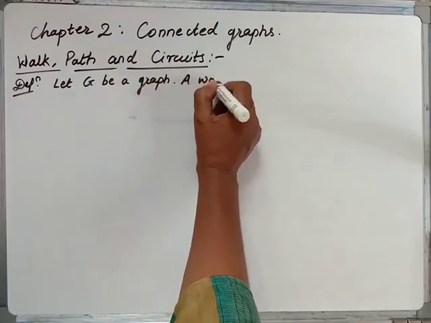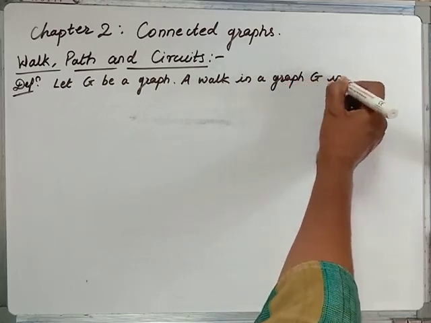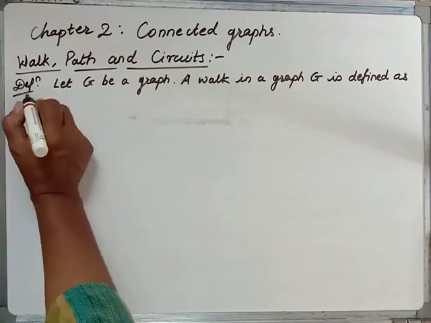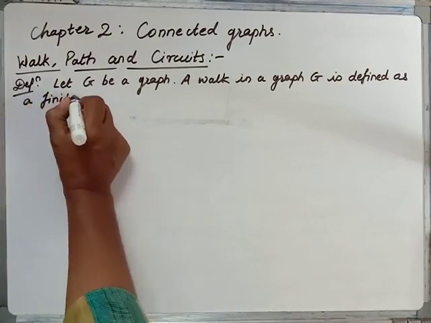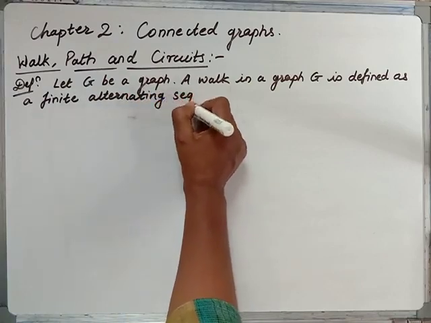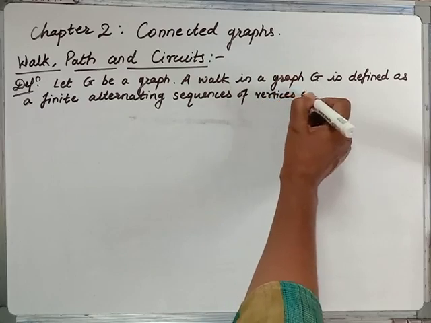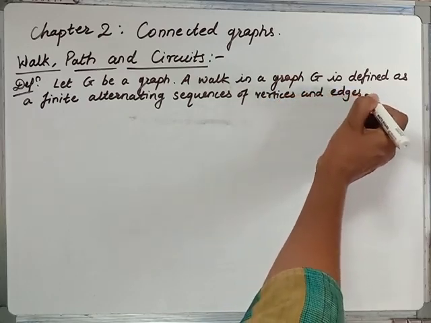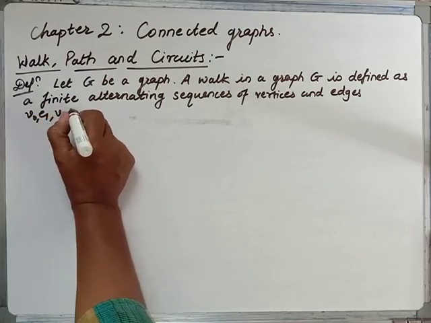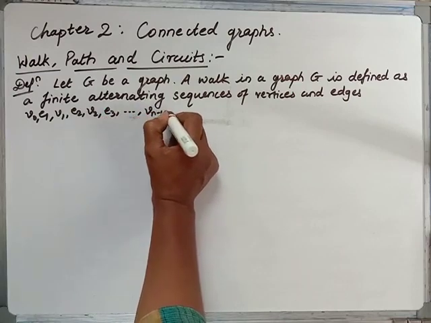A walk in a graph G is defined as a finite alternating sequence of vertices and edges, V0, E1, V1, E2, V2, E3 and so on up to Vn minus 1, En, Vn,